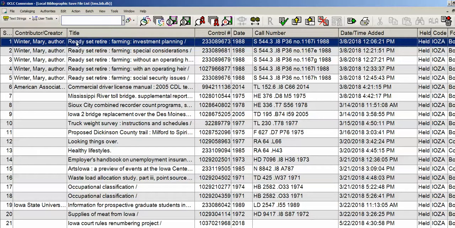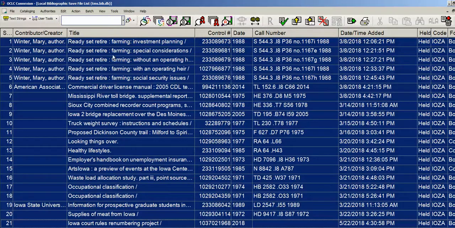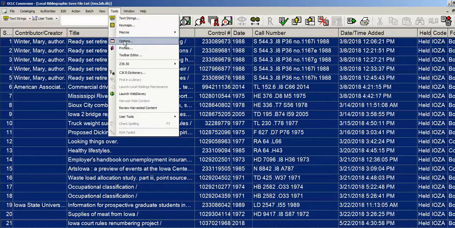So I start out here. I'm going to select all of the items in my batch by clicking the first one, getting it highlighted, and holding the Shift key down on my keyboard and clicking the last one, and that highlights the whole batch. And then I go to Tools and Options,